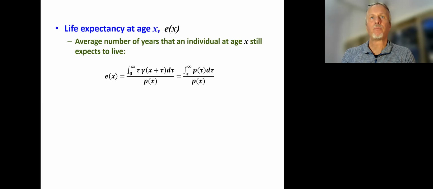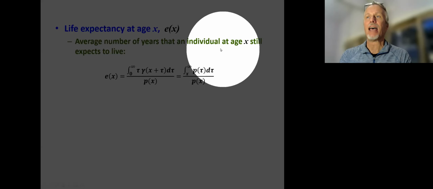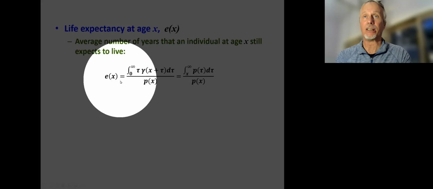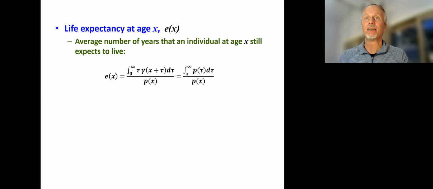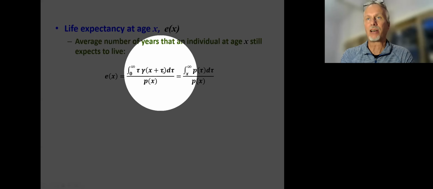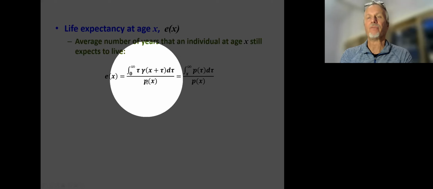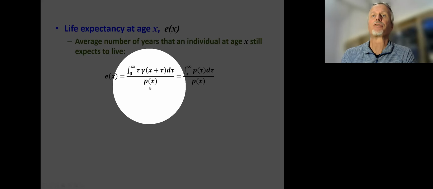Now, another important parameter is the life expectancy, not at birth, but at age x, which is here indicated as e of x. This is the average number of years that an individual at age x is still expected to live. So it's an individual that has lived until age x, and we wonder how long, on average, it is still expected to live. This can be computed as the integral between 0 and infinity of gamma of x plus tau times tau d tau divided by the probability of surviving, so conditioned on the probability of surviving until age